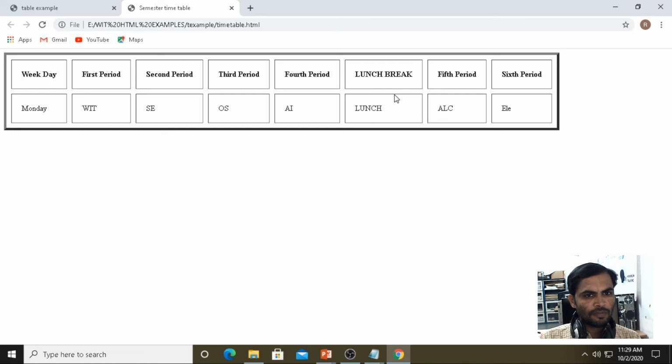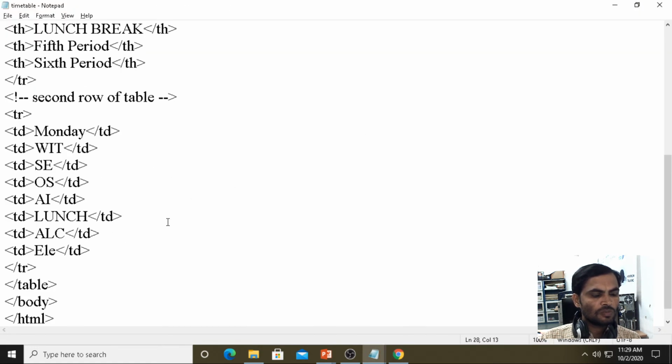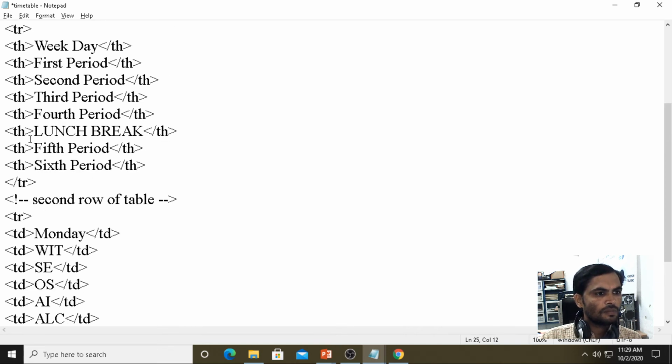Lunch break is common for all, for the weekdays from Monday to Saturday. At that time we should use spanning. Here I am removing TD and using TH, here row span.